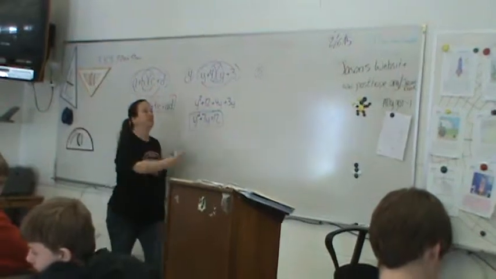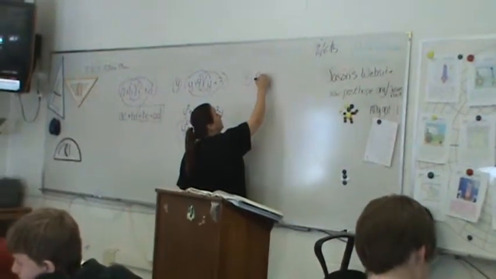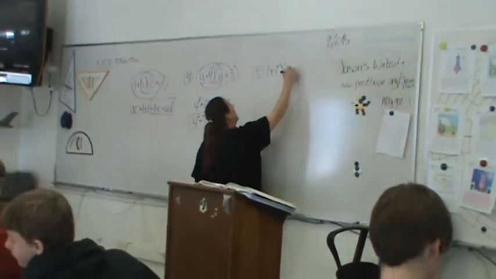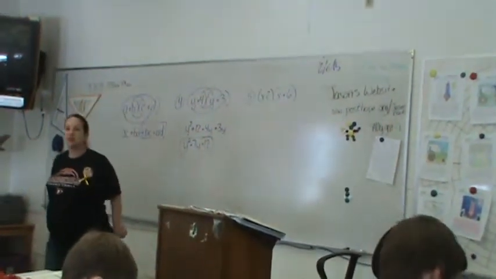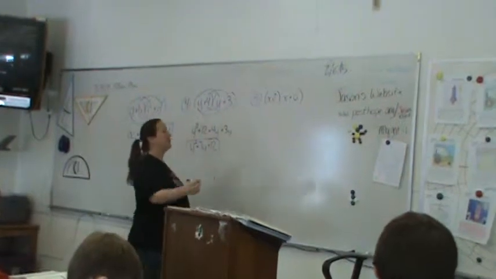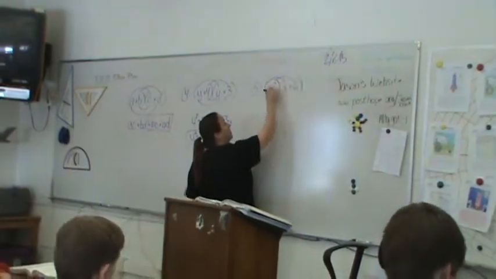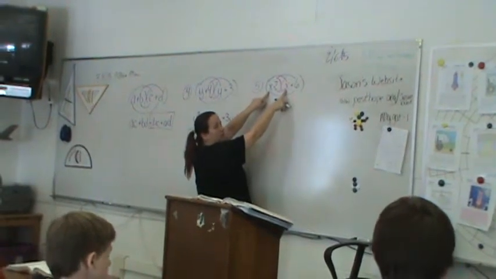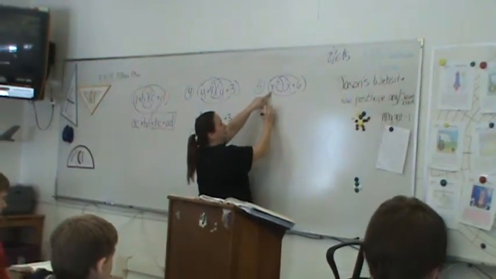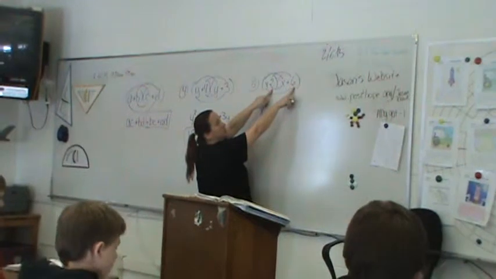x minus 2, x plus 6. I'm on 452. Okay? x minus 2, x plus 6. We're drawing our faces. Eyebrow, eyebrow, nose, mouth. Eyebrow 1 gives me x squared. Eyebrow 2 gives me